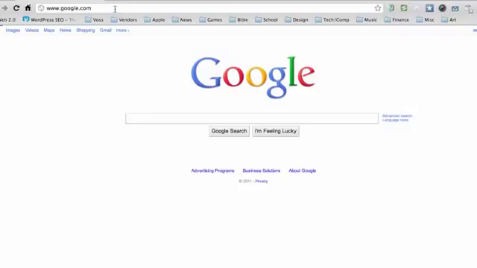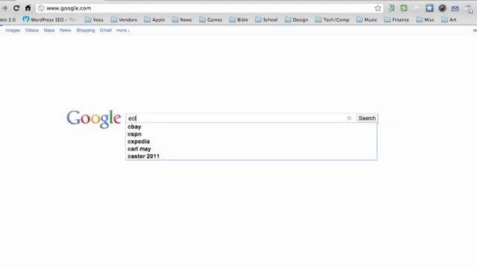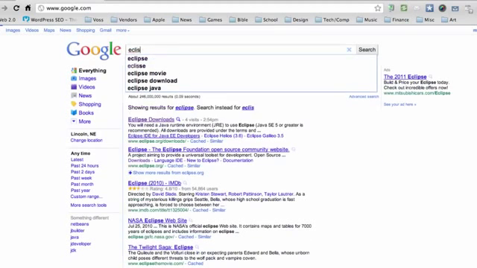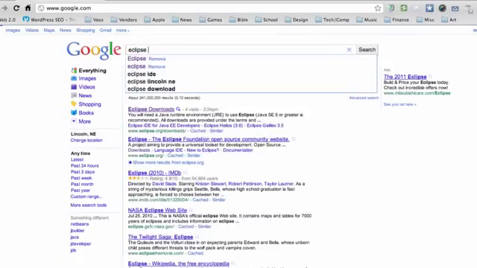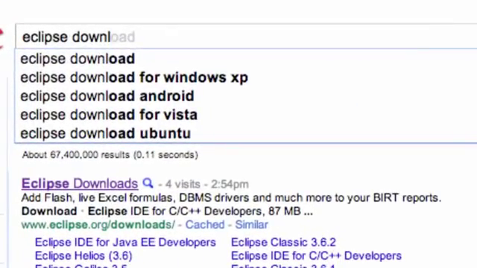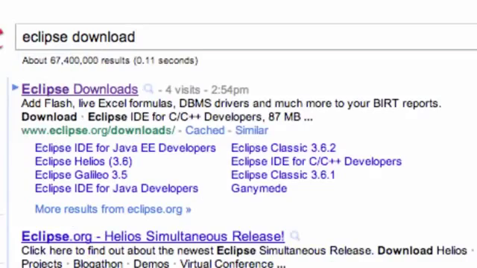Welcome to your second Android tutorial, and what we're going to do in this tutorial is again some boring stuff like installing software. The software we're going to install is Eclipse. So go into Google and type in Eclipse download, and it should be the first link from